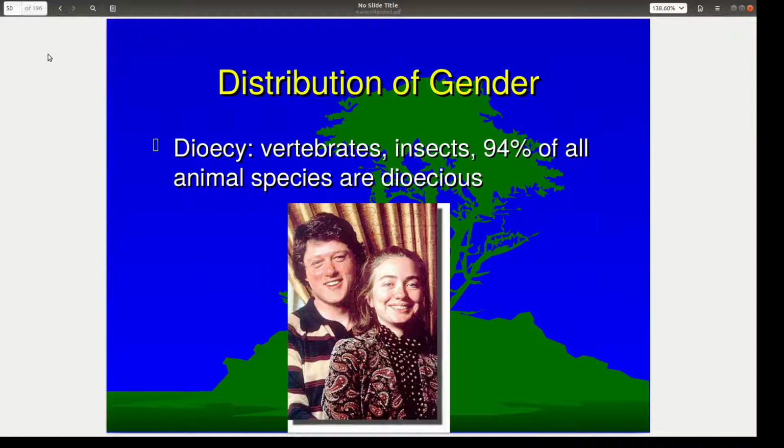Well, dioecy is common in vertebrates and insects. Probably around 95% of all animal species are obligately dioecious. And I just want to take a second to talk about this word gender, which has a completely different meaning in biology than it does in humans, which has more of a socio-political meaning. In plants and animals, the term gender is defined differently. The idea of gender